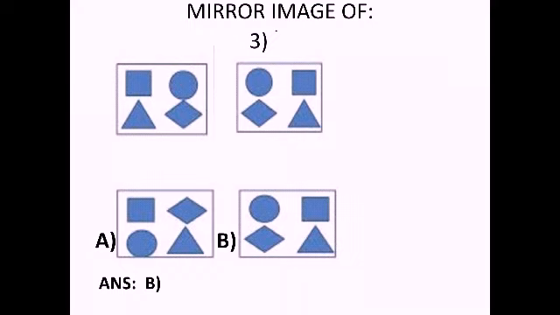So on the other side of the mirror also, first you will see the circle and the kite shape, because that is placed at the last. In case of the mirror image, if the mirror is placed at the right hand side, first you will see the corner objects, then you will see the left hand side part. So here on the rightmost end is the circle and the kite shape, or what we can call rhombus. So in the image, first the circle and the rhombus will come, then the square and the triangle. So option B is our right answer.